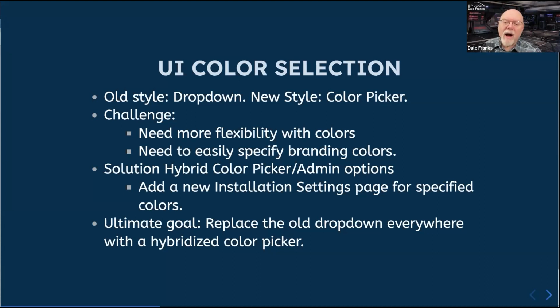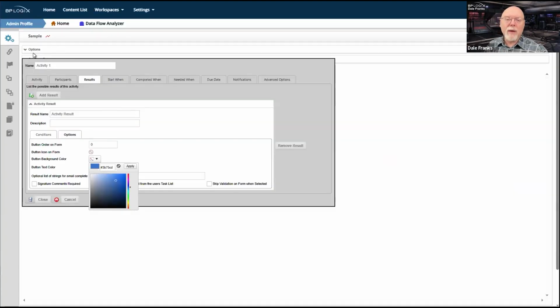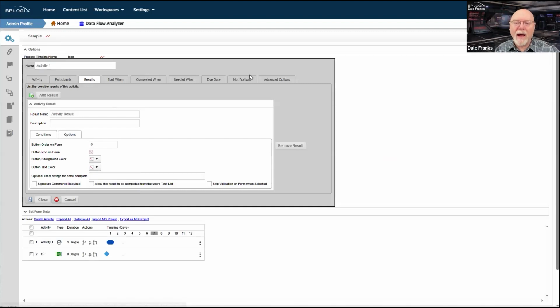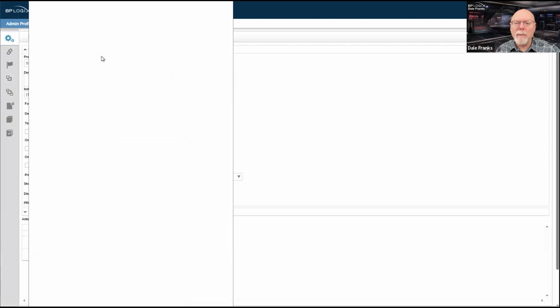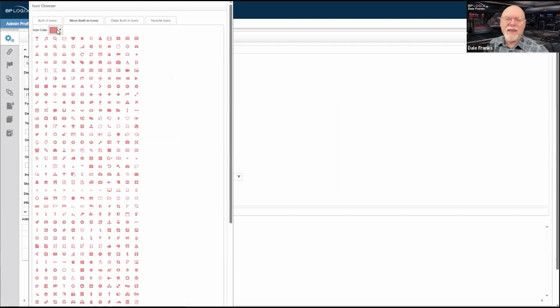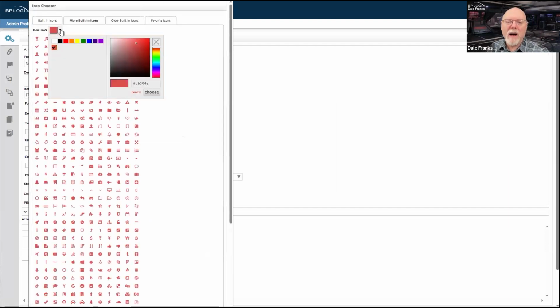And we kind of have something like that already in the product, in that if we go to the icon chooser, and it'll probably look something a little like this, and you want to pick an icon color. Well, you have the color picker, so you have the option of picking whatever color you want, but there are also these preset colors.